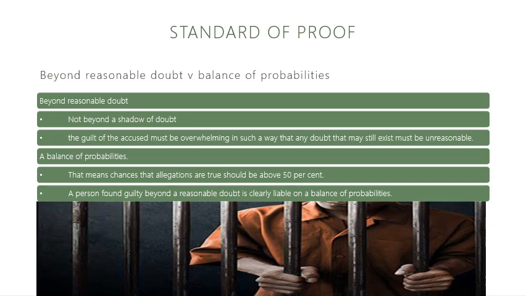Now, on a balance of probabilities, that means that the chances that the allegations are true should be above the 50% line. If you can prove that there's an above 50% chance, say a 60% chance, that the allegations you'll be proposing in court are true, then you are good to go. Now, a person found guilty beyond a reasonable doubt is clearly liable on a balance of probabilities. Now, as we continue on,